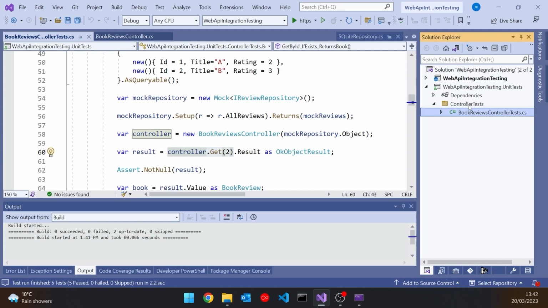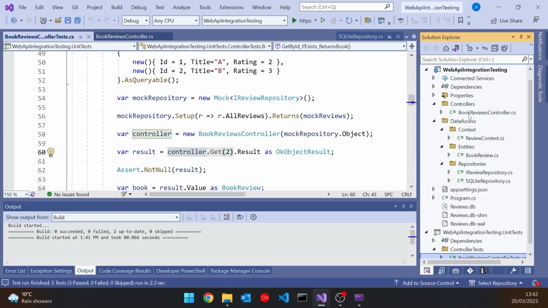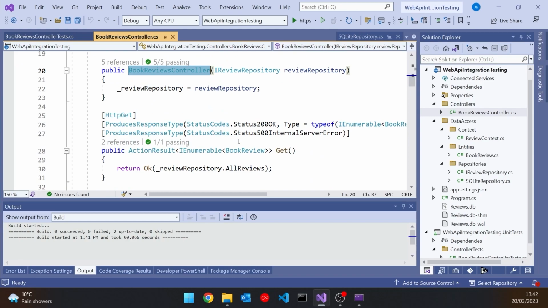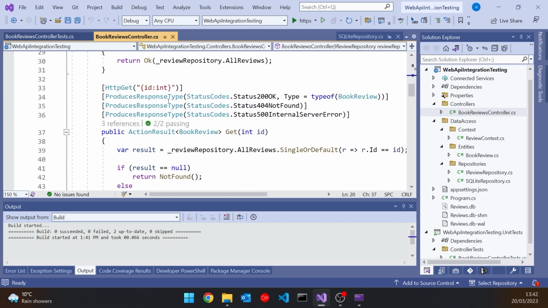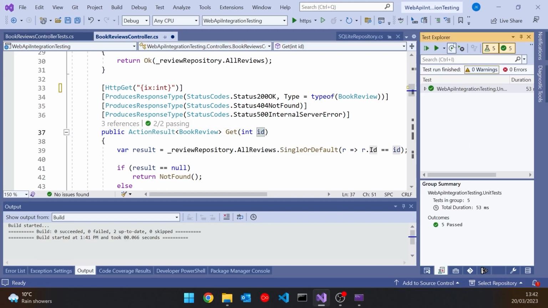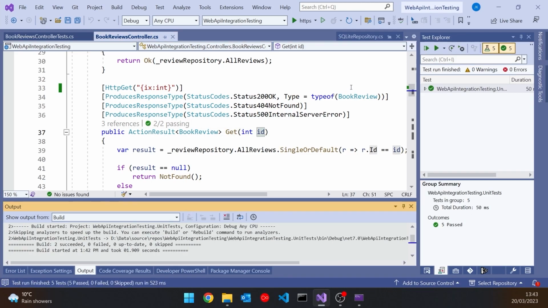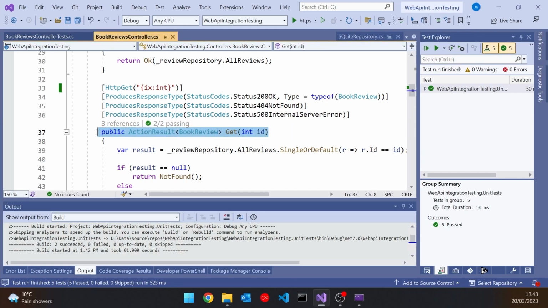And I can show you a couple of examples of that. Let's go back to the controller, and let's suppose I made a mistake on this get by ID. You can see I've declared the format of the route that is going to pass in ID, and there I'm passing in ID as the actual parameter. But if I got that wrong, so now the name there doesn't match up with the name there, well, if I run the tests, we still get green lights because all the test is doing is calling that function. It doesn't bother to look at what's happening in the definition of the route.